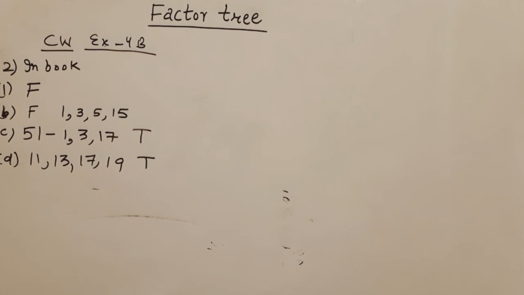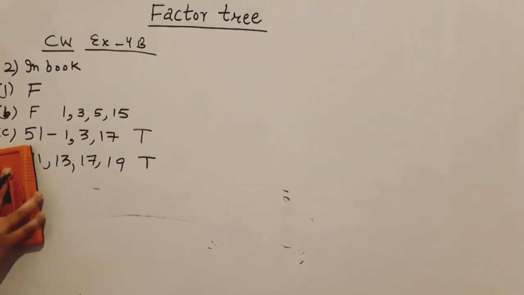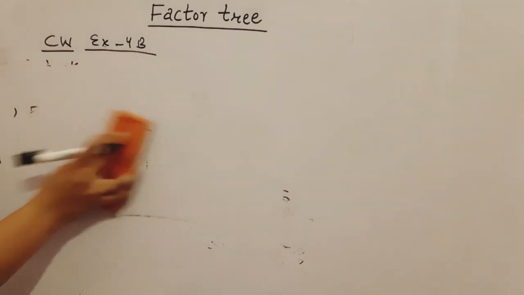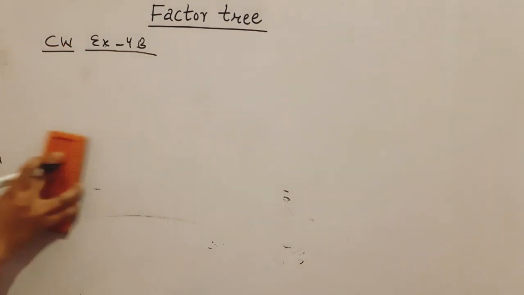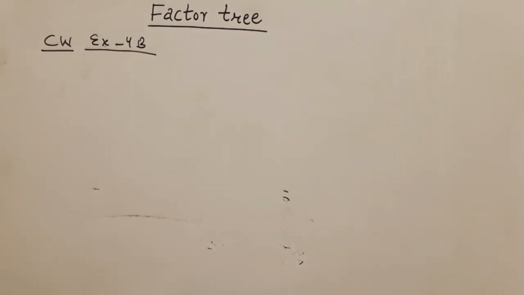ओके स्टूडेंट्स, now I am going to solve question number 3. Please pay attention students. So question number 2 you have to do in your maths book. Now question number 3 you have to do in your maths classwork copy. So please pay attention students. So the question number 3 says that write the prime factors and prime factorization of the following. ठीक है, आपको 4 ऑप्शंस दिए हैं, उसमें आपको प्राइम फैक्टर्स भी लिखने हैं and the prime factorization.